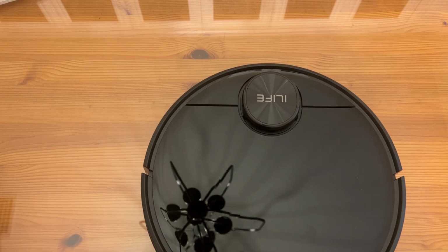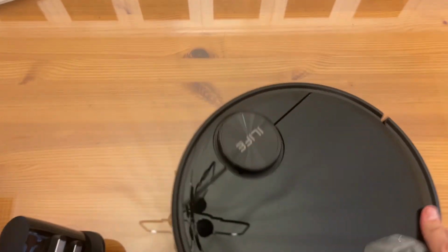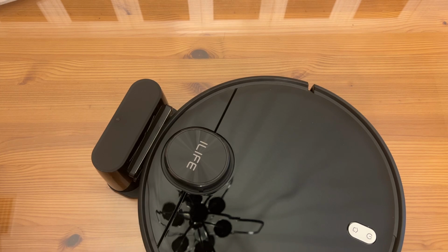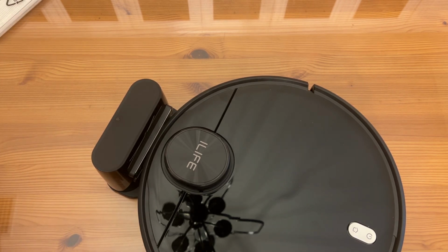Move it over here. Here's your charging docking station. Okay, this will dock itself and it just backs right up into here. You've all seen a robot vacuum do that now. On top of all of that,